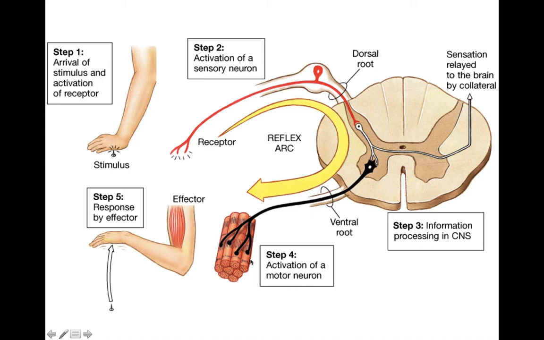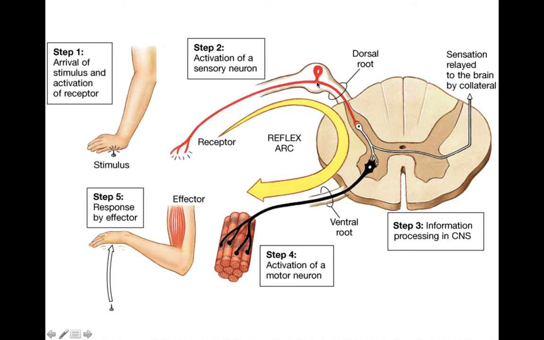So here's our basic reflex arc. Remember, there are 5. You need to know the 5 steps. Step 1, you have to have some sort of stimulus. Okay, so this is that damage to your peripheral tissue. So there is a stimulus, right? Then that stimulus is picked up by a sensory neuron. That sensory neuron is going to bring in that sensory information through the spinal nerves, then through that dorsal root,